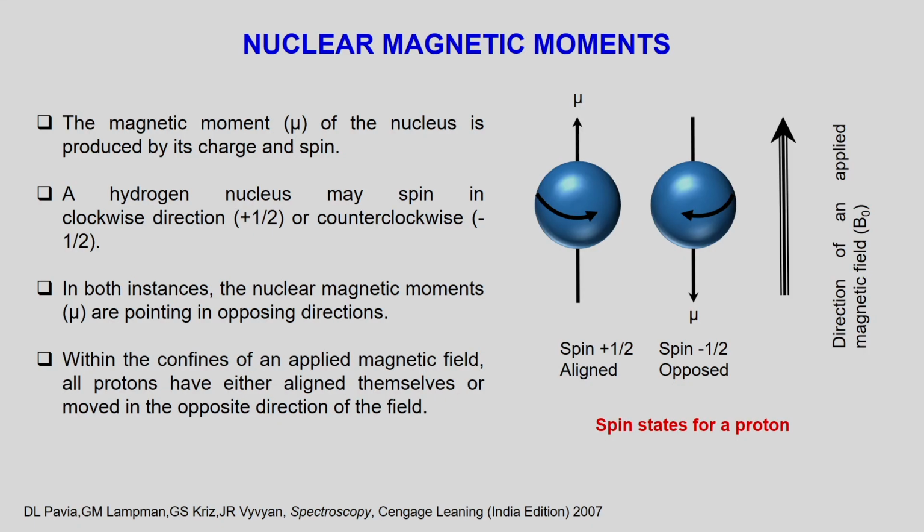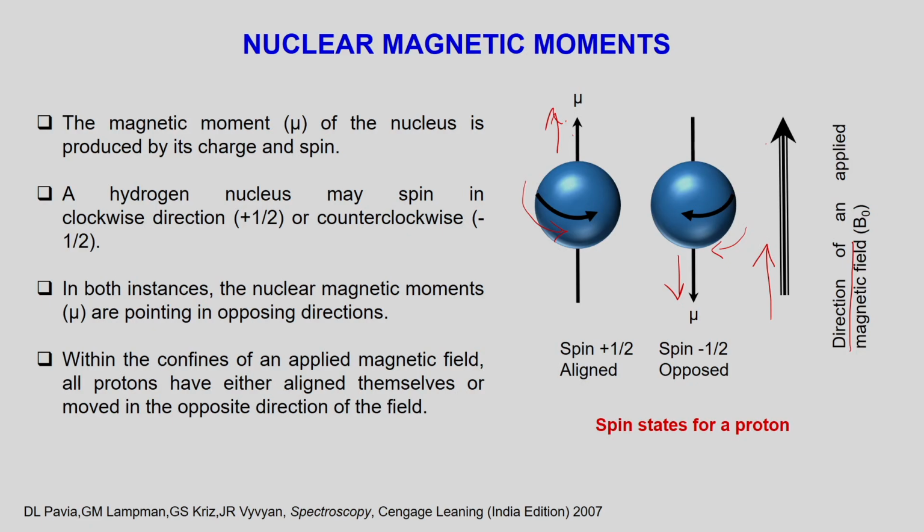Now, as I told you, what are these nuclear moments? When a nucleus, actually the proton, is spinning, it is spinning in this manner. So, this is the inherent magnetic moment, mu. If it is spinning in this manner, opposed to the particular field, then mu will be in this direction. Because of this direction of the magnetic moment, and if you apply a magnetic field from outside with the direction as given here, then the magnetic moment and B naught are in the same direction.